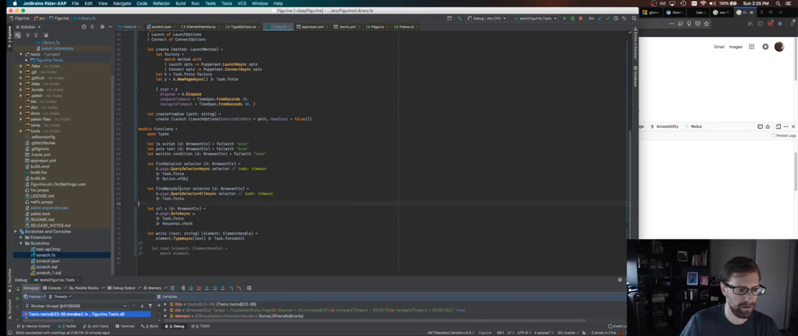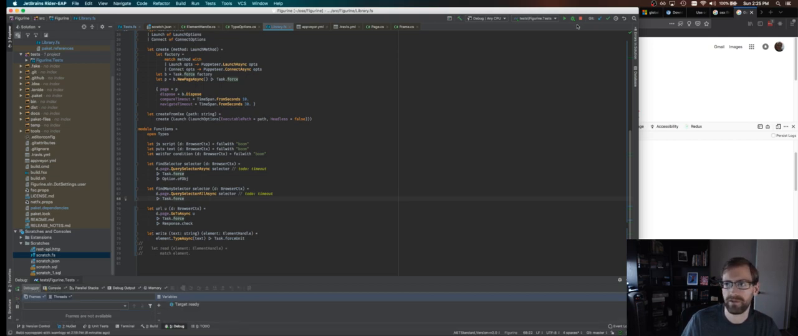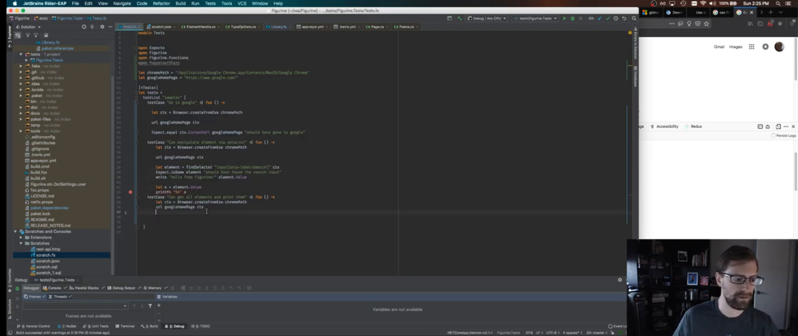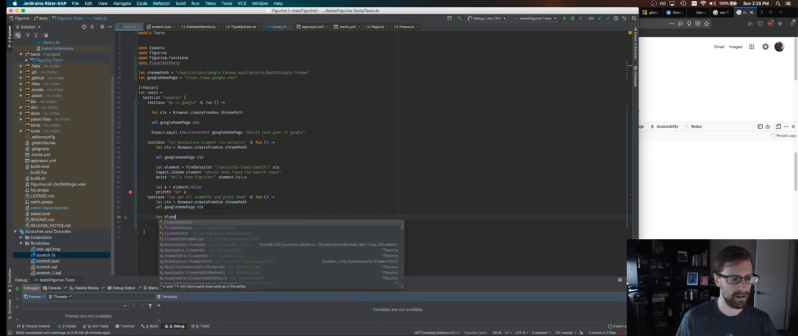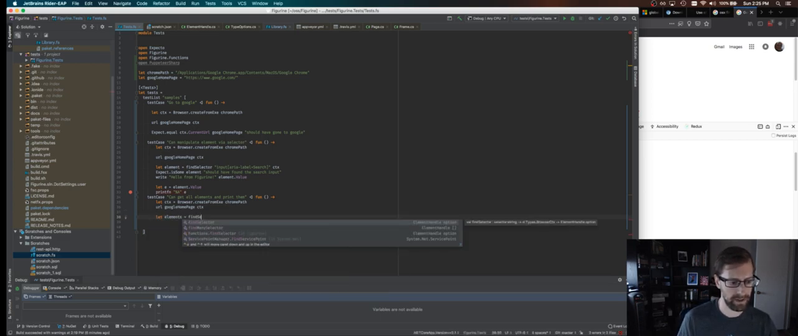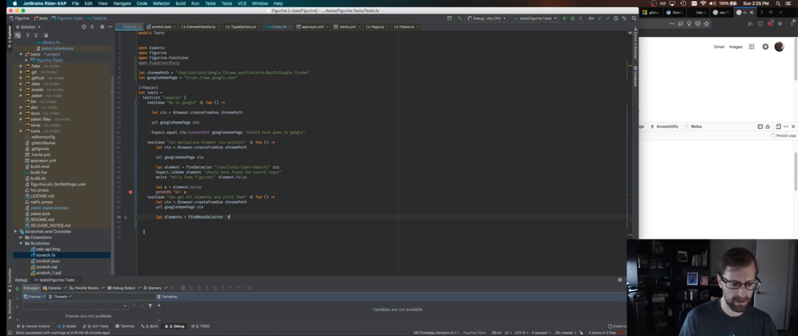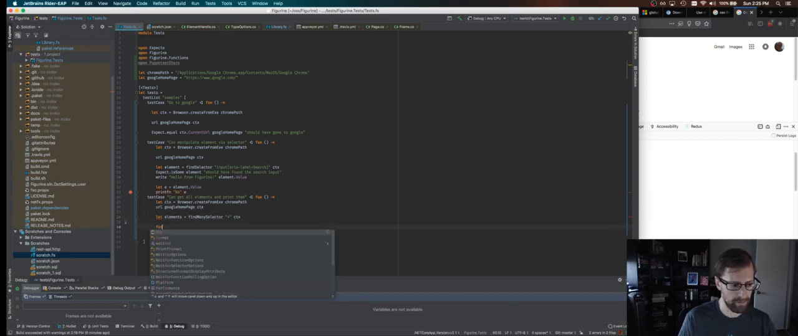Task.force. So now we have an element handle. Oh, it's complaining over here because we were still debugging. Cool. All right, so we will get our element handle array and we will see what's in it. Let elements equal find many selector star off of our current context. And now we'll just do for element in elements do